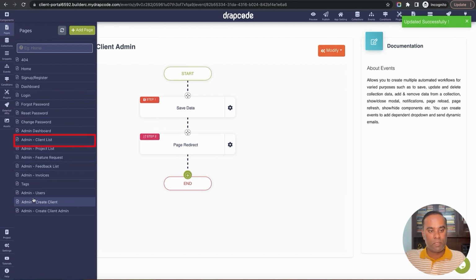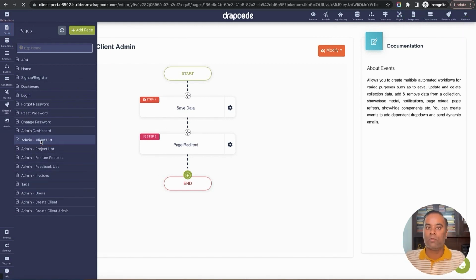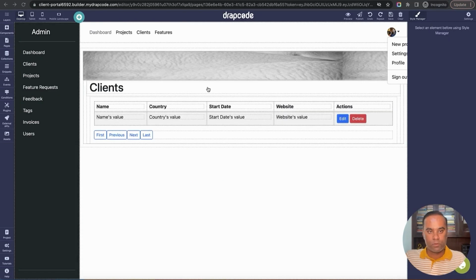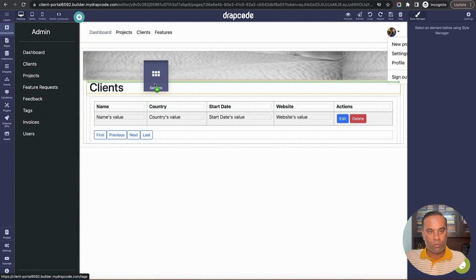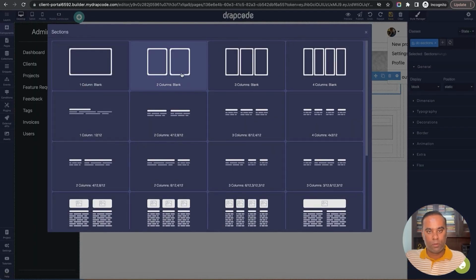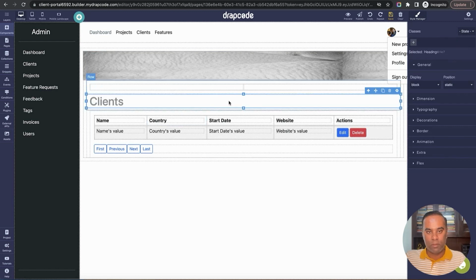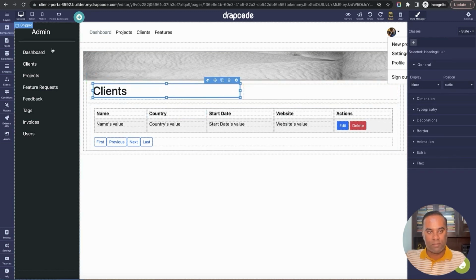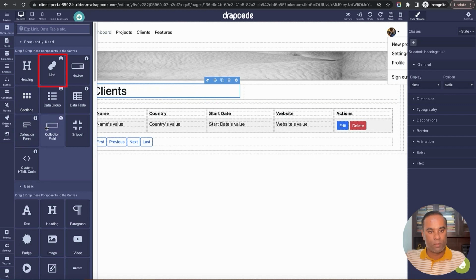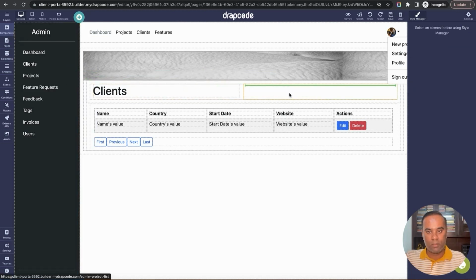Now let's go to the pages. So first I'll go to the client list page. We will add a button there to create a new client. So what I'll do, I'll go to my components and drop a two section layout here. Why I'm doing it? Because in one section we'll just put this label, the heading, and in the other section we'll put the button or the link. So I'll say link, and